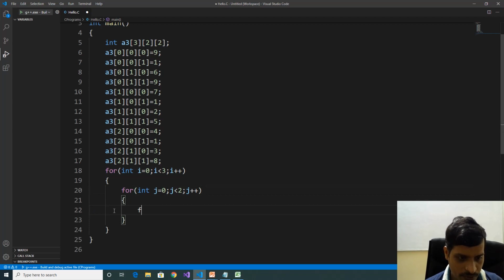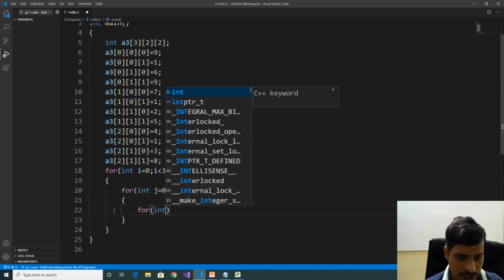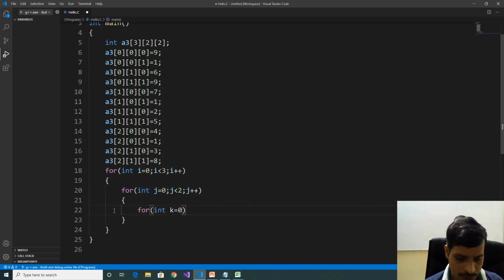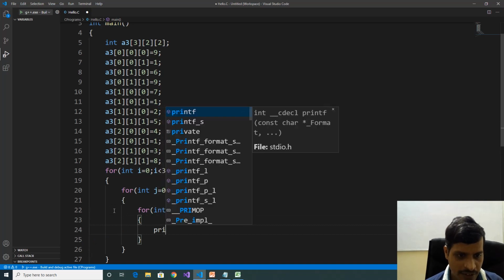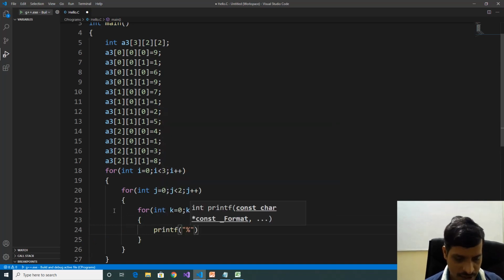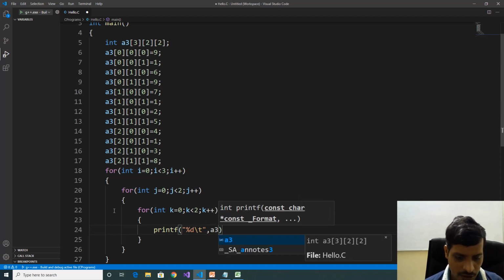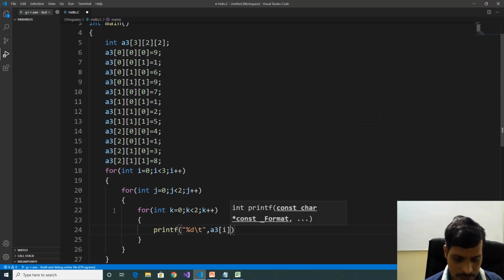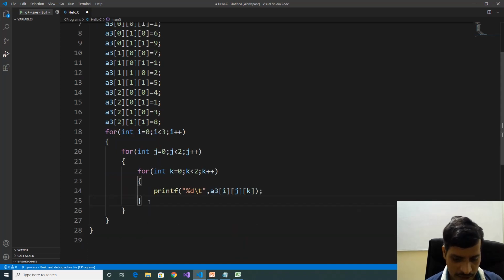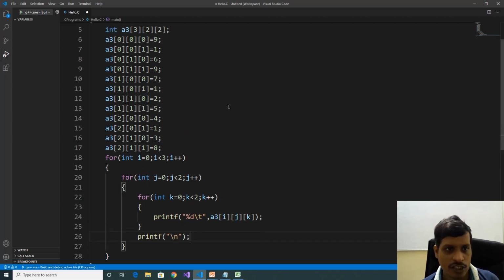Later one more for loop, for int k equal to 0, k less than 2, k plus plus. Printf percentage d slash t comma a3 of i j k. Here printf slash n. Now execute this code.